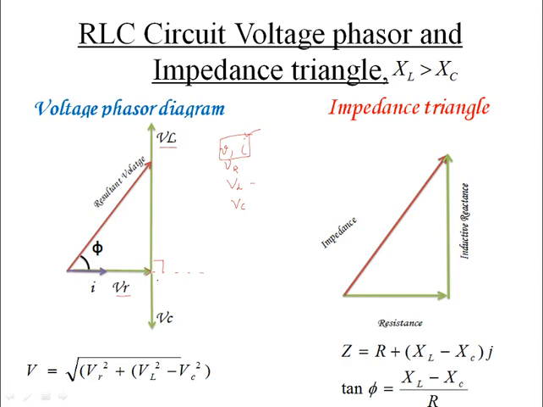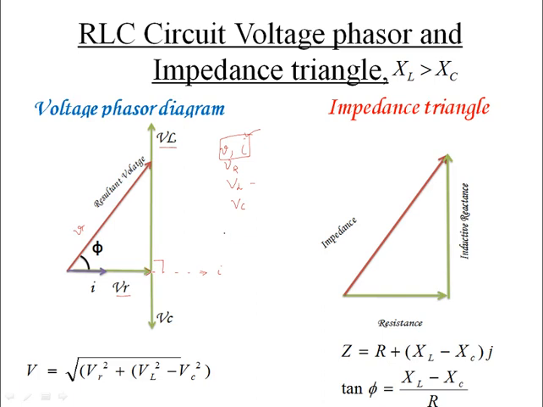Again, if I'm taking a capacitive circuit, current is leading. So this is your current axis, I would say. So current is leading, voltage VC is lagging. Here VL is leading, right? If I take current as reference, very important, if I take current as reference, the reverse is the fact. VL is leading and VC is lagging, right? Now we know this is the resultant voltage. How do I get the resultant voltage?